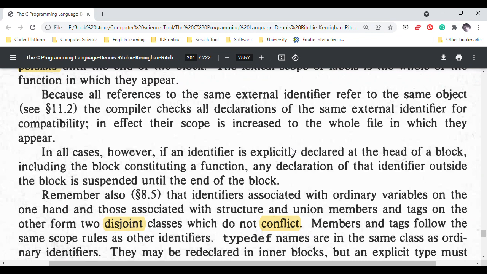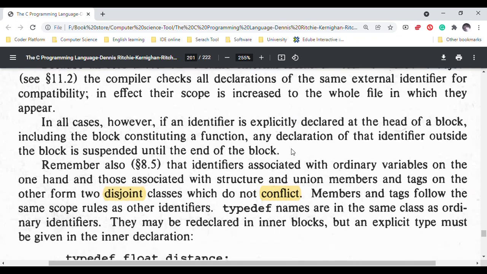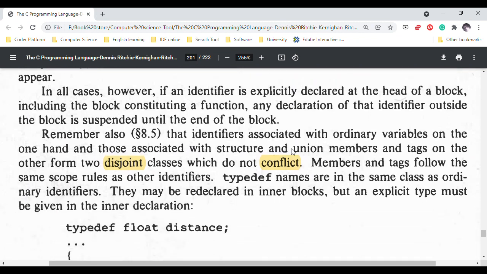In effect, their scope is increased to the whole file in which they appear. In all cases, however, if an identifier is explicitly declared at the head of a block, including the block constituting a function,